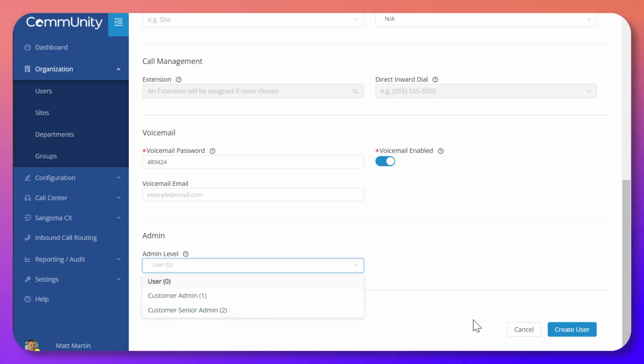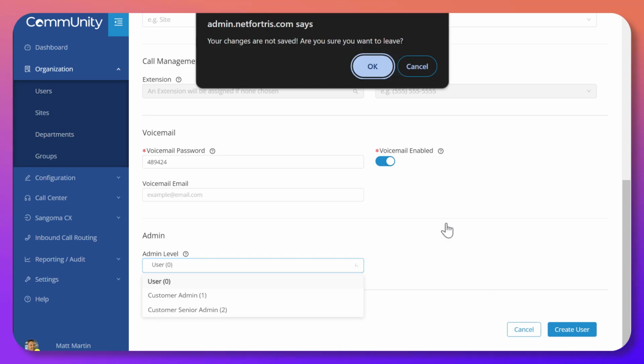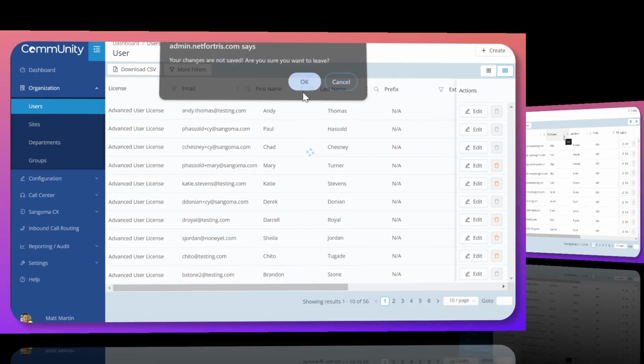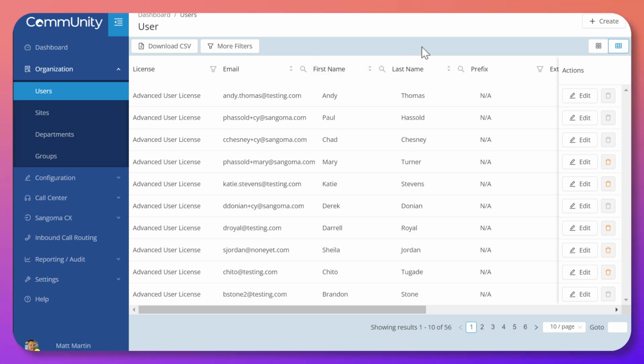Now that you're familiar with the user overview tables and creating a user, let's discuss user management starting back at the main users page. The first user management actions we'll cover are in the last row labeled Actions, where we can hover over the bin icon when applicable to uncover the suspend or cancel user actions. These will be enabled or disabled depending on your level of access to the site, department, and group. It should be noted that a user must be suspended for at least 12 hours before they can be deleted.